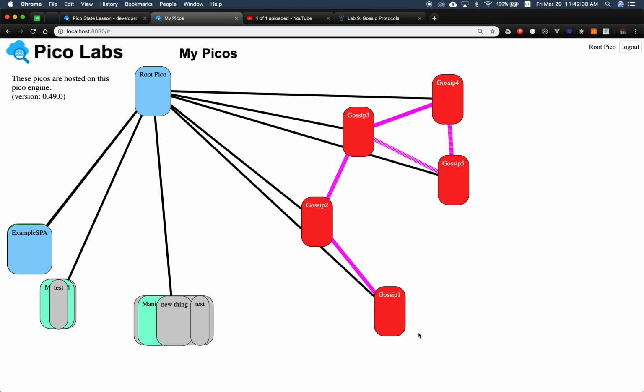So if I create a new temperature sensor reading on Gossip 1, for example, I want to be able to pass that temperature reading from 1 to 2, from 2 to 3, and then at this point, because 3 has multiple connections right here, it could go either way. It could go to 4 and then 5, or it could go to 5 and then 4, or it could go to 4 and then 3 could send it to 5. It doesn't really matter,